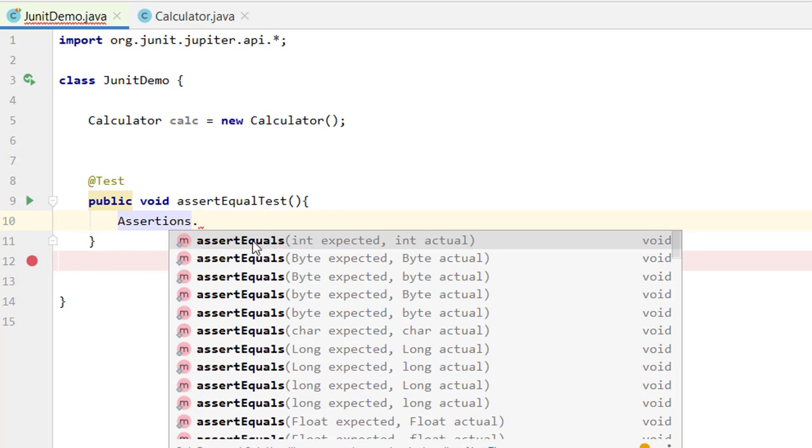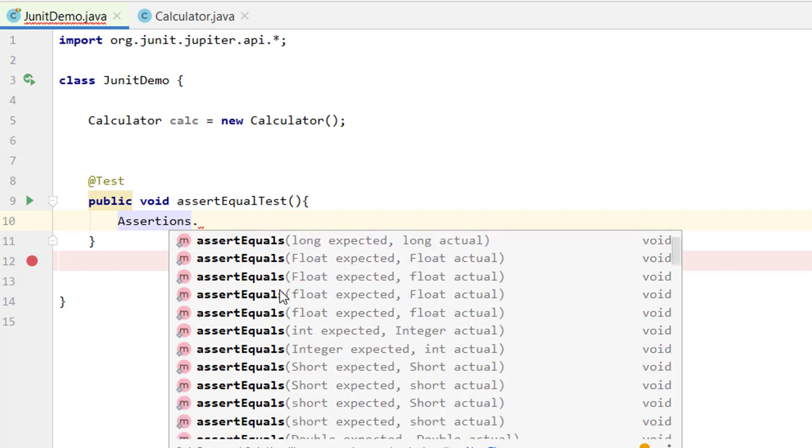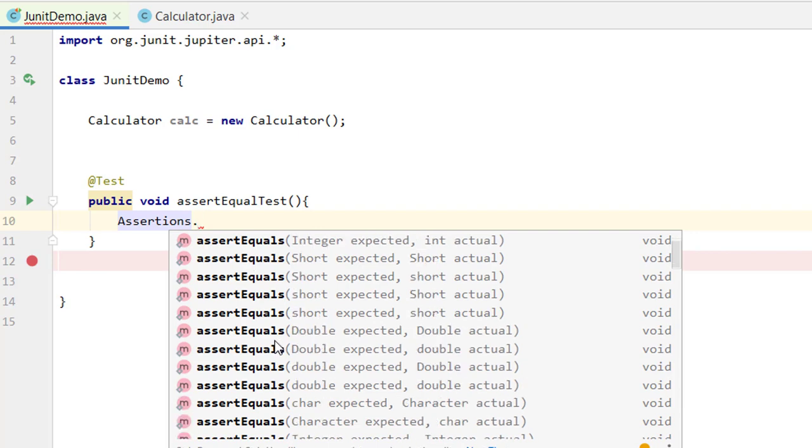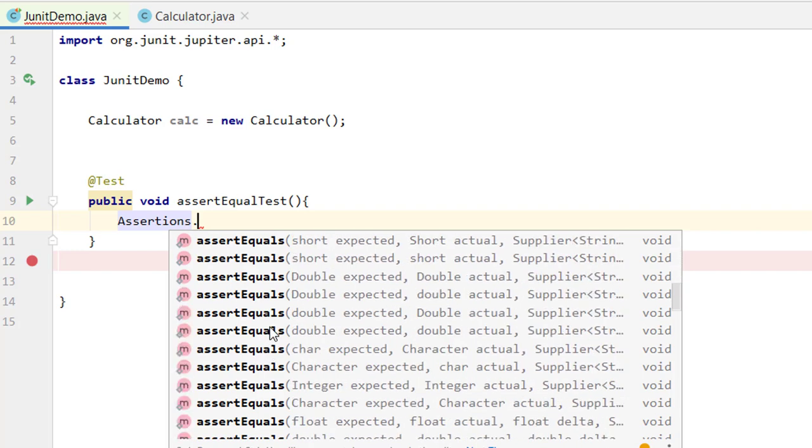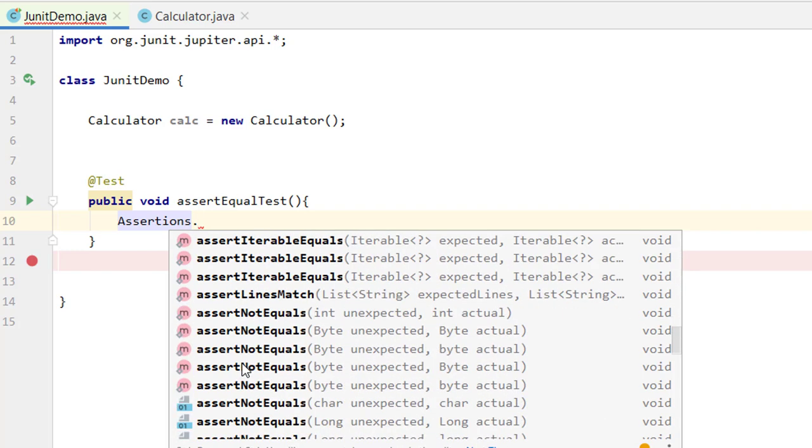The first method is assertEquals, which takes different types of arguments, like integer, byte, long, character, double, float; they provide methods for every type of argument. In the same way we have assertArrayEquals, then assertNotEquals. There are a lot of methods, and we will be discussing them. This is the basic class which provides these static methods to be used in the test cases to compare the expected and actual result.